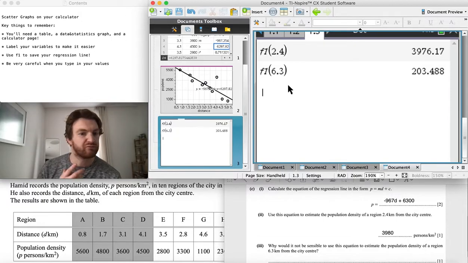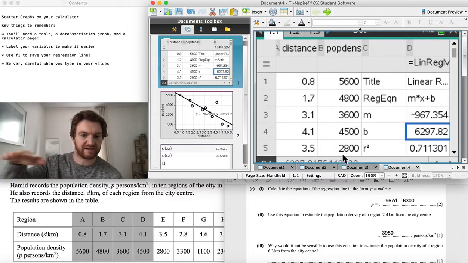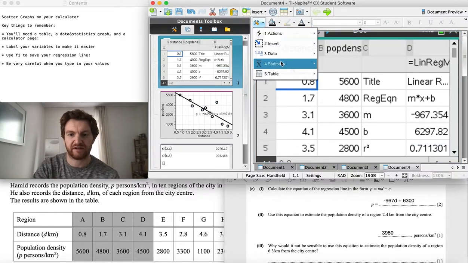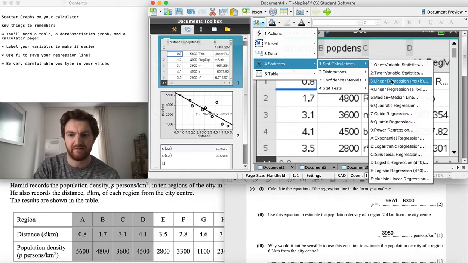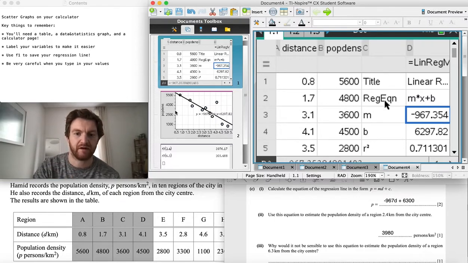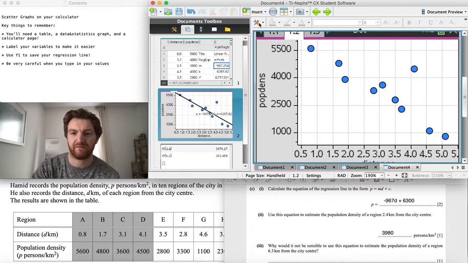And that's pretty much scatter graphs and what you're going to need. So to review, put your table in, type your values in, 1, 2 columns. Even though our table went across, you need to obviously have columns. We can use the table so we can go on to statistics to find the regression line here, which is what we did to get these values here, saving it as F1. You can then plot it onto the graph by selecting all the points, and then it gives you the equation here. There is another way as well, which you can do,